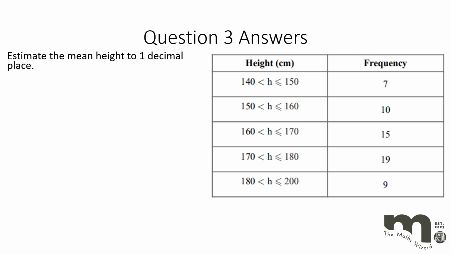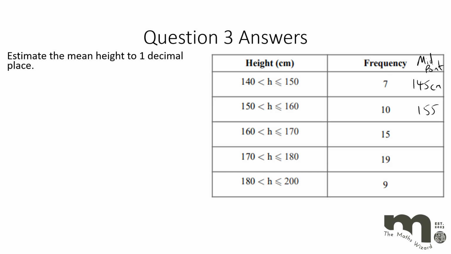Okay, let's take a look at the mean then. So remember, this is an estimate because we do not know the exact values, and you'll see why it's an estimate when I show you the working out for this. So because we don't know the exact values, we need to work out what is known as the midpoint for each of these intervals. So that's the halfway point between the 2 values we are given. So here it's going to be 145 centimetres,